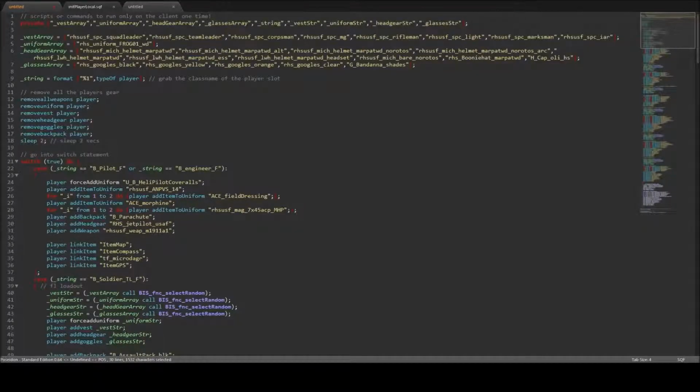So today we're going to be talking about adding custom gear to our units in our mission that we are making, and we do this by using the initplayerlocal.sqf event script. The reason why we use this script is because this script is only run once when the player connects, and is run locally on the player, rather than if you were to say put these chunks of code into the